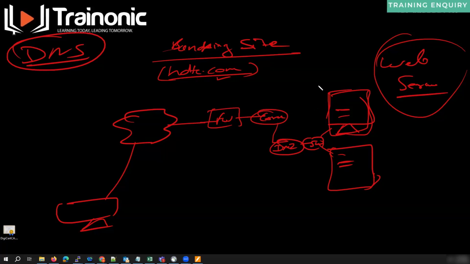Now, if one of them is down, or maybe both of them are down, there is no way for the DNS servers to monitor